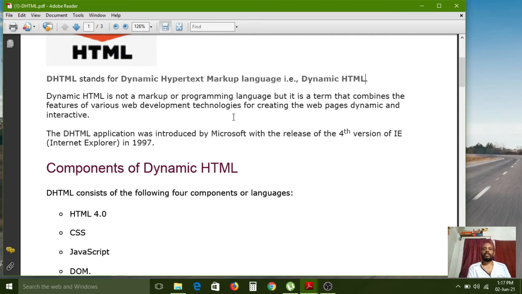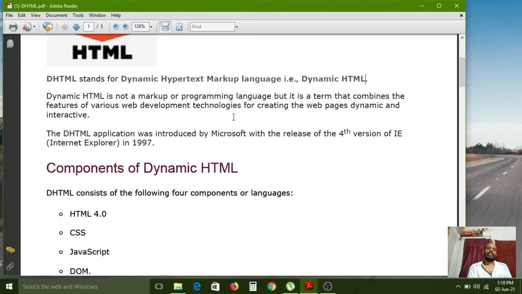If you want to create any web application, for that we can use HTML, CSS, JavaScript, XML, AJAX, and some more web related technologies. Why? Because if you want to design a website with more effectiveness and more creativity, a very colorful website, for that we can use different types of web related technologies. So it is a combination of different types of web technologies.